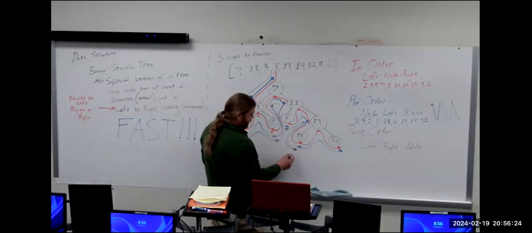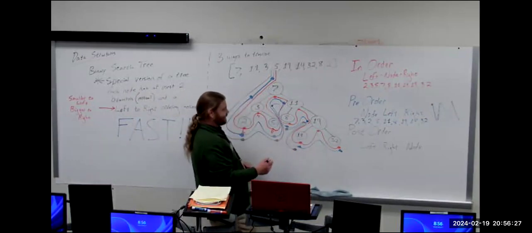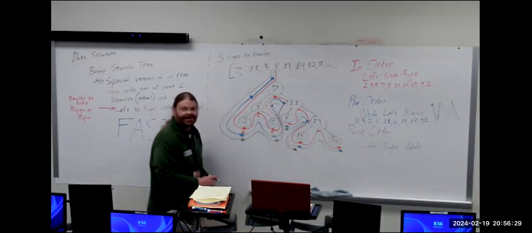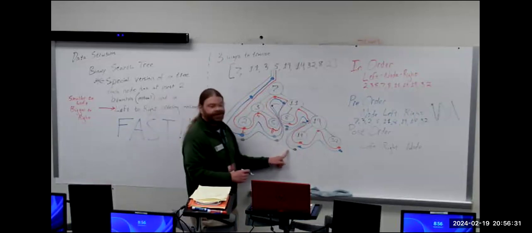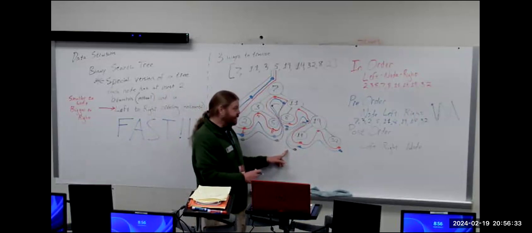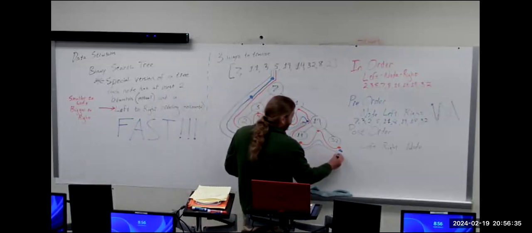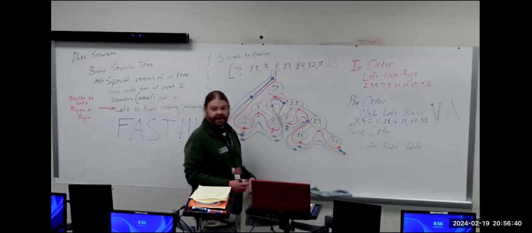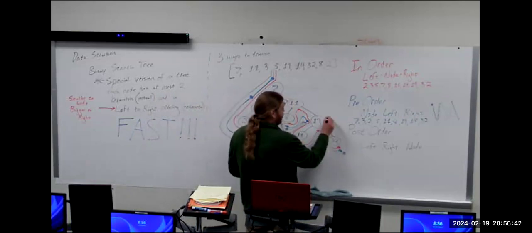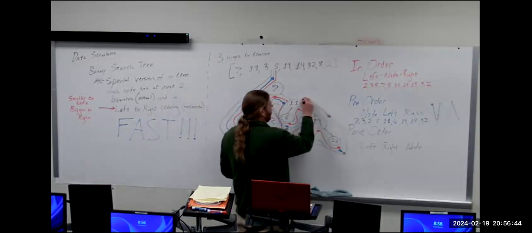Hopefully that's making sense, because that picture is definitely getting cluttered, isn't it? As far left as we can go gives us the 14. So now we come back as far right as we can go. And now we come back and get the nodes. So then 19, 11,